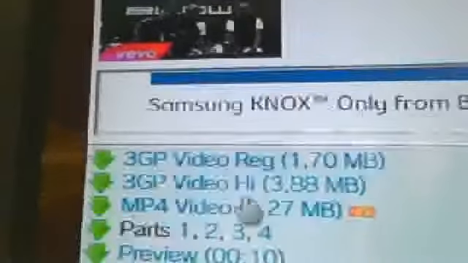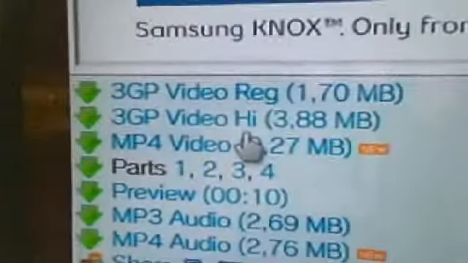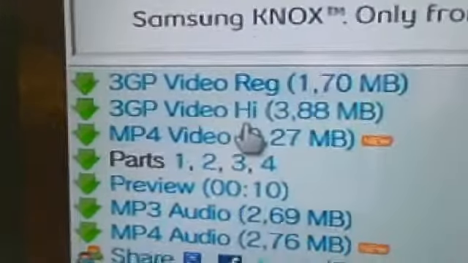So then this one you have to just here. There's gonna be a bunch of, you see a bunch of options, right? So there's any MP3 audio.